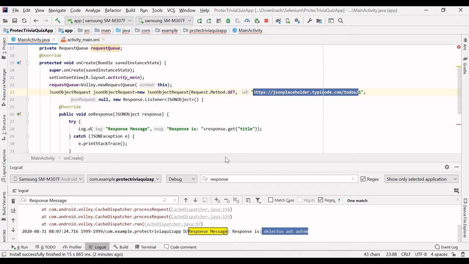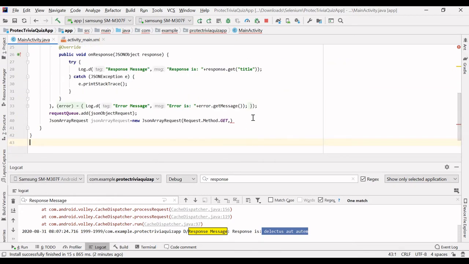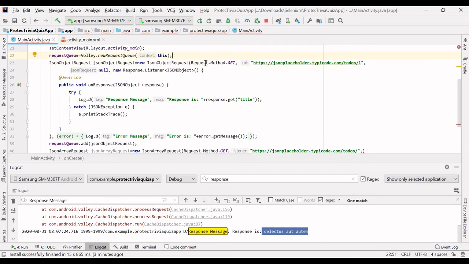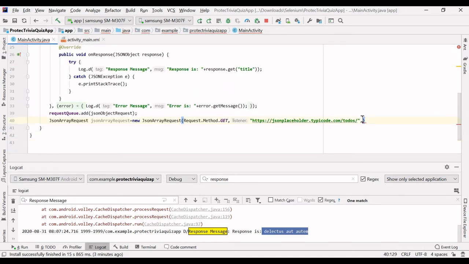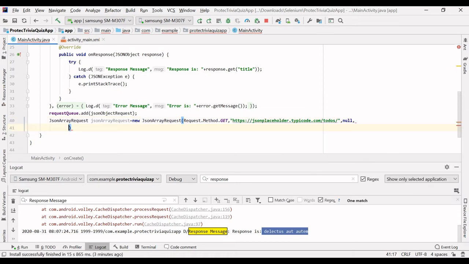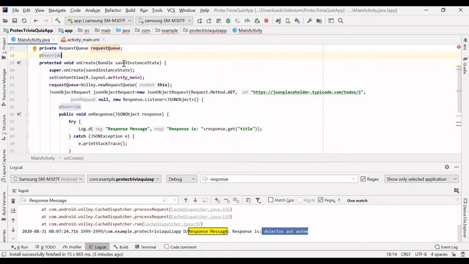So I will copy this and paste it here. Okay, and the third argument is, do we want to post something from the request? No, right? So just provide null. Fourth and fifth arguments are to provide the listener.